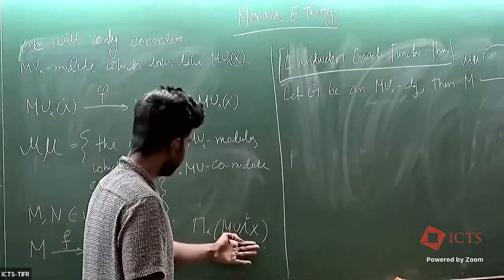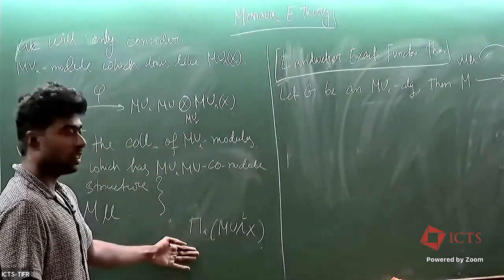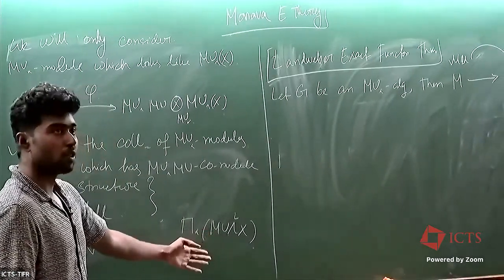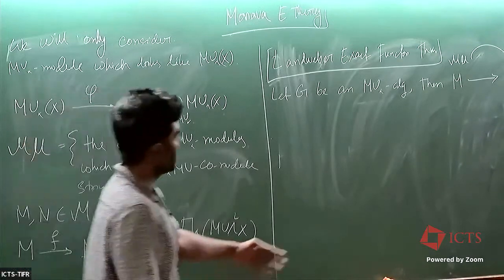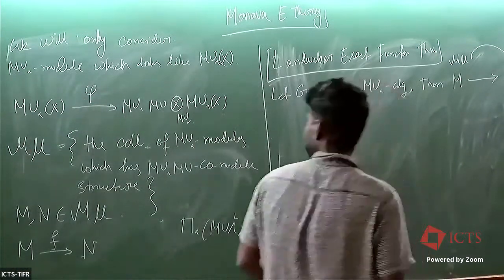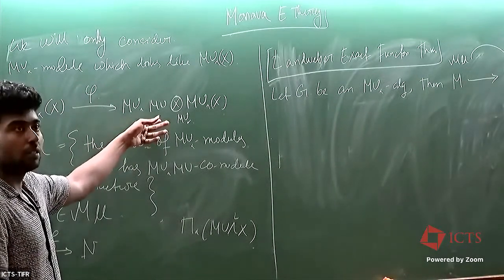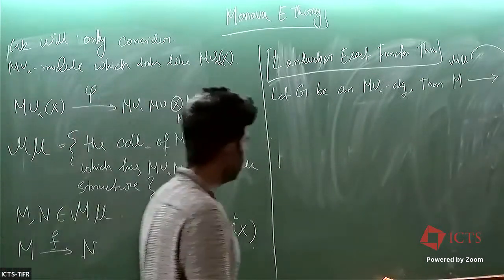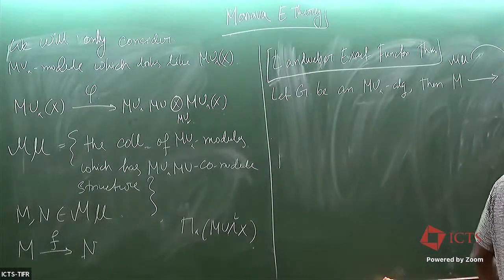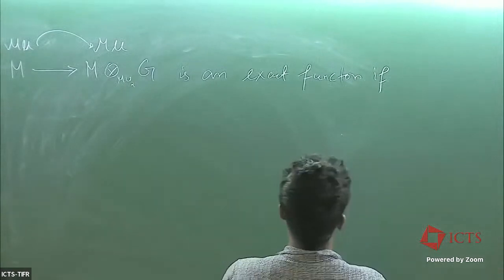So this is a spectrum, and you can take the pi star of that. That thing you denote by mu lower star of x. Similarly, this mu star mu is nothing but the pi star of mu smash mu. So now this functor m to m tensor mu star G is an exact functor if